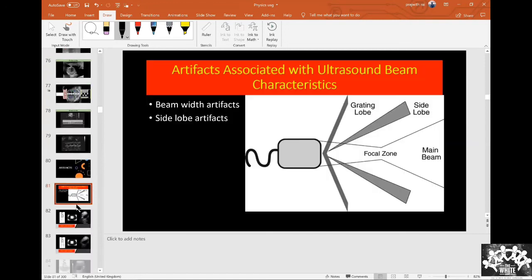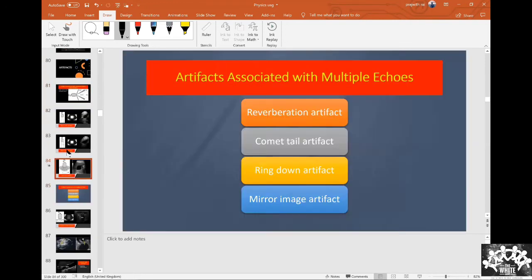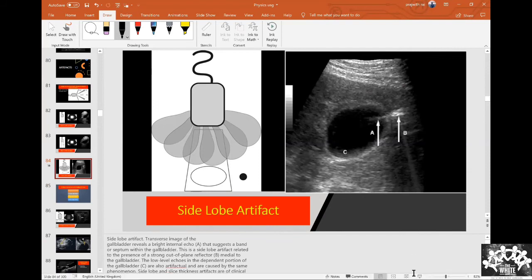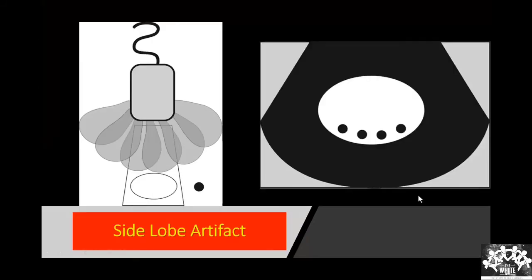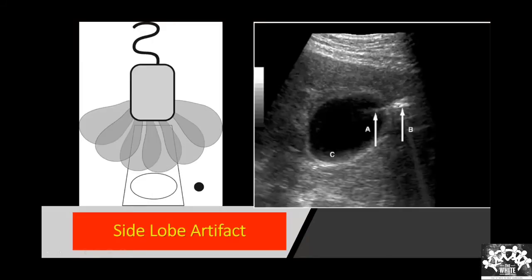Okay, so we reached the artifacts. It's the same thing, the side lobe artifact. There is one object here. Okay, it is assumed that this is also happening because of some artifact called side lobe artifact. It's also because of the same principle. You're supposed to image only this much part. Now some ultrasound wave from here has gone across and it is getting reflection from here. So that is forming a line here.